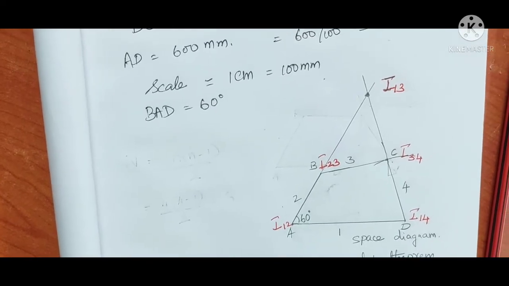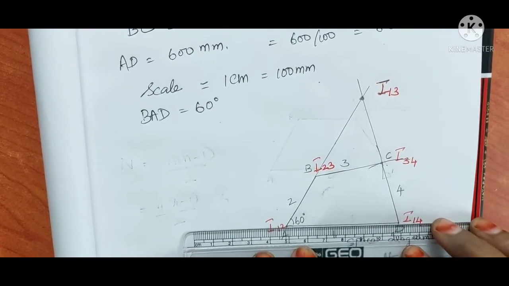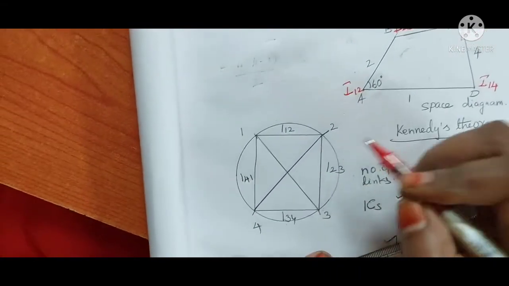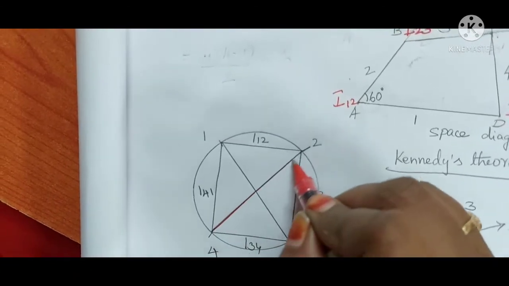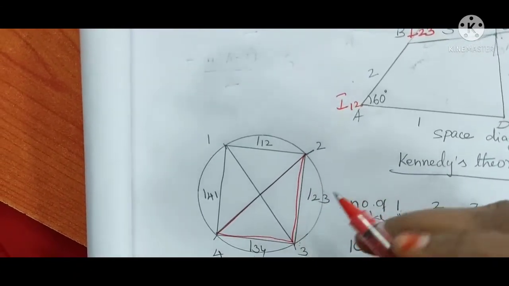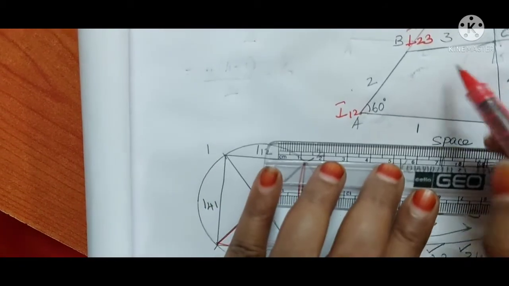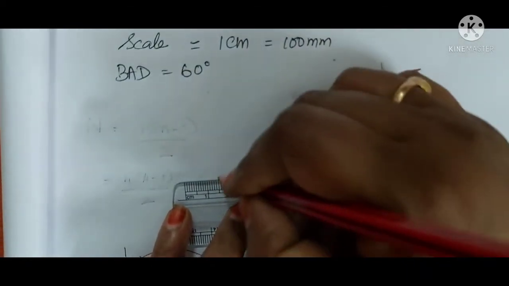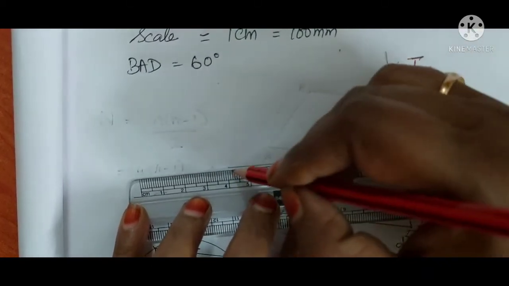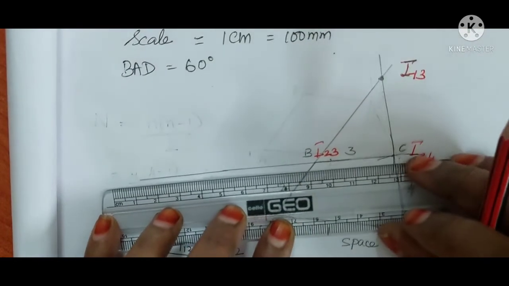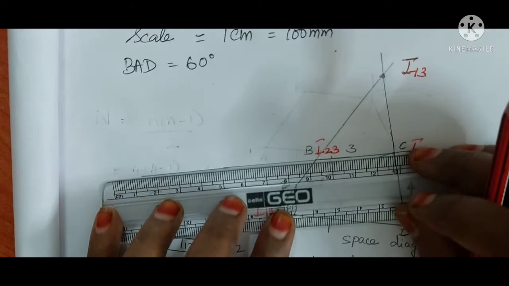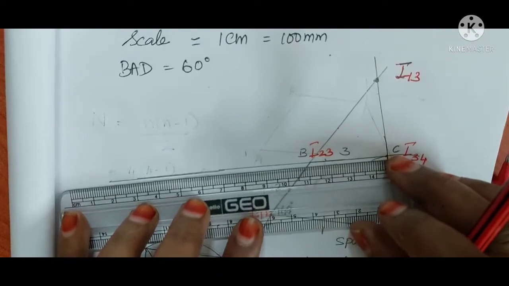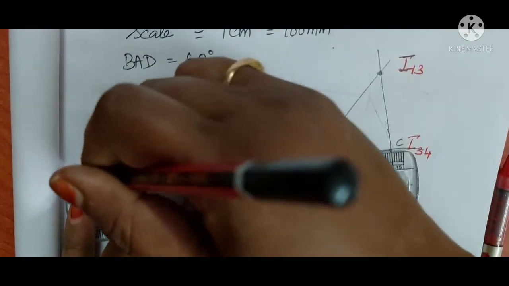Now one more instantaneous center I need to locate. In this triangle, or in this particular circle, 2 4, how can I get this? By extending this 2 3 and 3 4. Where is my 2 3? This is my 2 3 and 3 4. So extend as it is like this. You need to extend up to the point where it meets another instantaneous center. Extend in this way, you need to extend more.